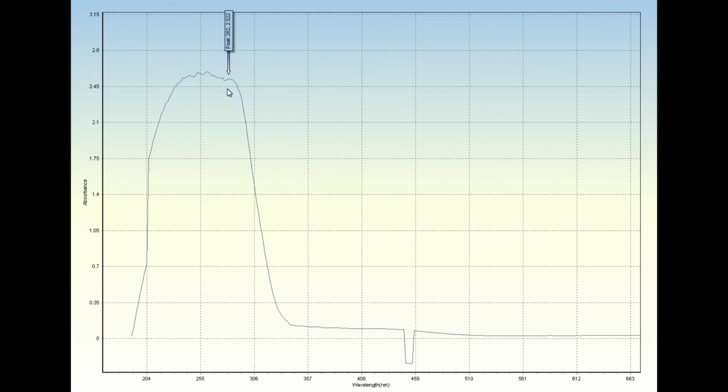This is the curve in front of you. This is the UV curve. You can see most of the absorbance is near the UV region, and the main mycotoxin is trichothecene. So absolutely this